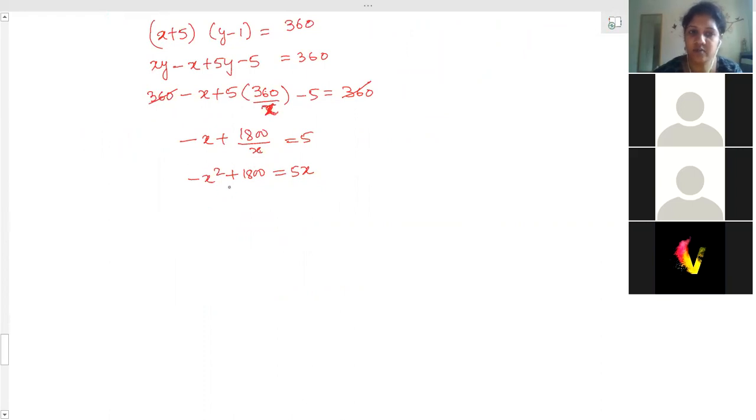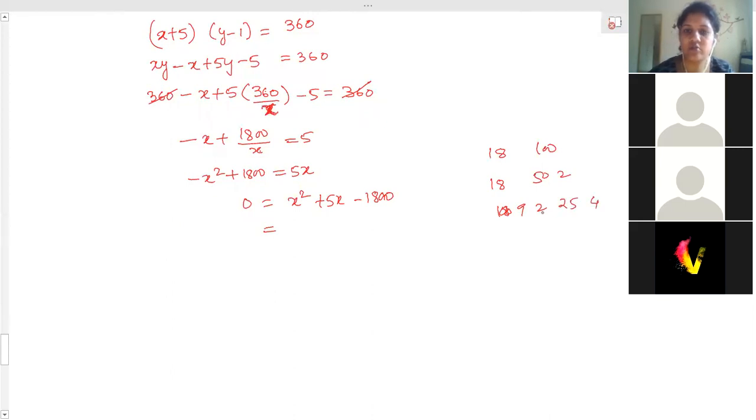Now take all these terms to the other side, because here the value of x square is negative. So 0 is equal to x square plus 5x minus 1800. And now solve this. 1800, that is 18 into 100, 50 into 2, 18, 18 to the 36, and 50 won't work. 9 to